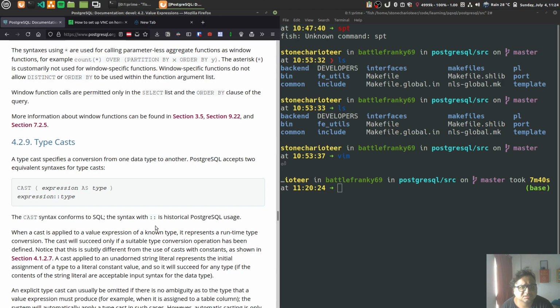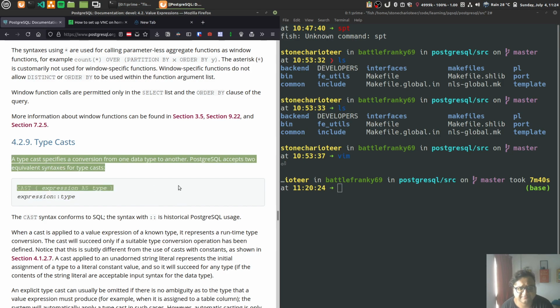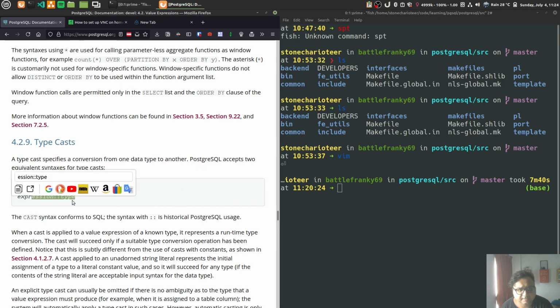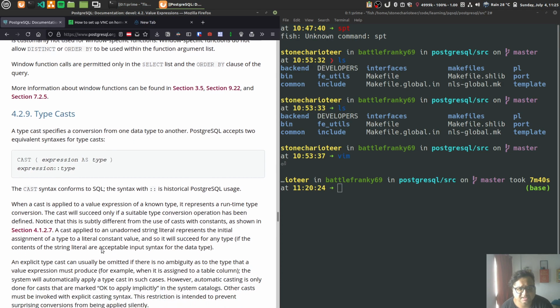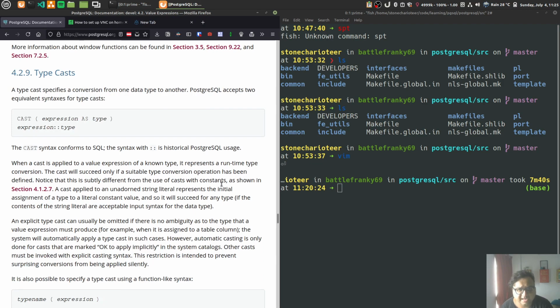Window functions. Typecasts. We saw this before. You have two expressions: you have this, or you have this thing. When a cast is applied to a value expression of a known type, it represents a runtime type conversion. The cast will succeed only if a suitable type conversion operation has been defined. Notice that this is subtly different from the use of cast with constants as shown in section 4.1.2.7. A cast applied to an unadorned string literal represents the initial assignment of a type to a literal constant value,